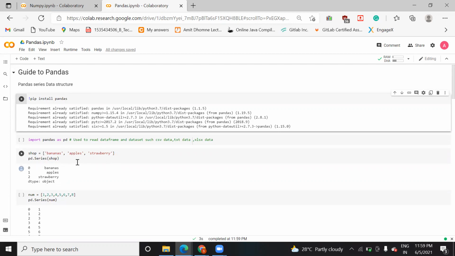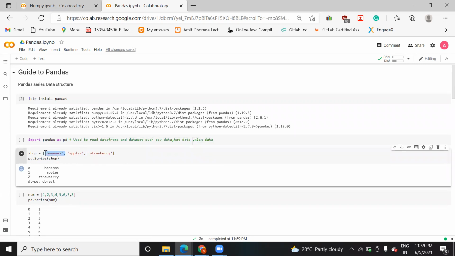Once you do it, suppose you want to create a data set or a data frame where you have a series of data, you want to save banana, apple, and strawberry. Why I'm taking single quotes: because this is string data, or character data, whatever you call it. String or character, you specify within single quotes in Python, and you can run this. So you see, the data are saved with a proper index.